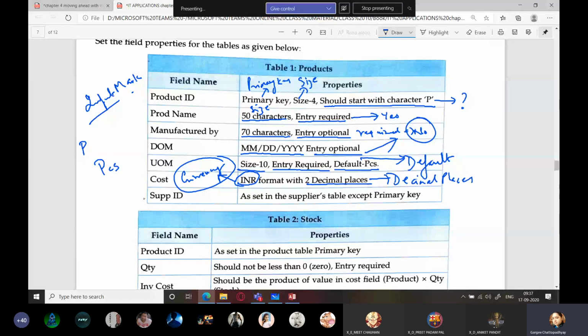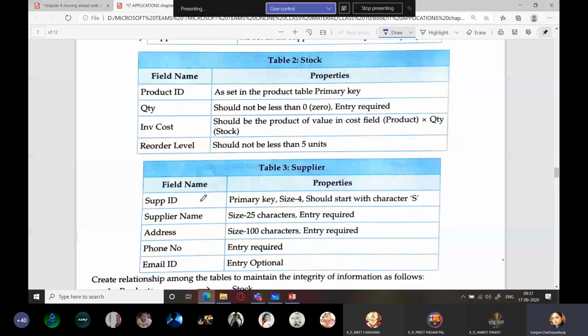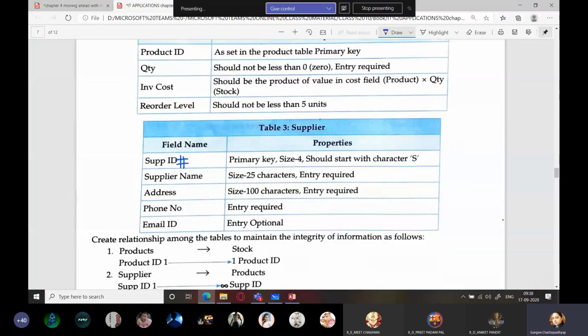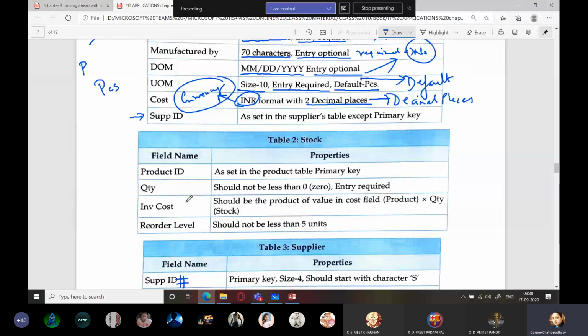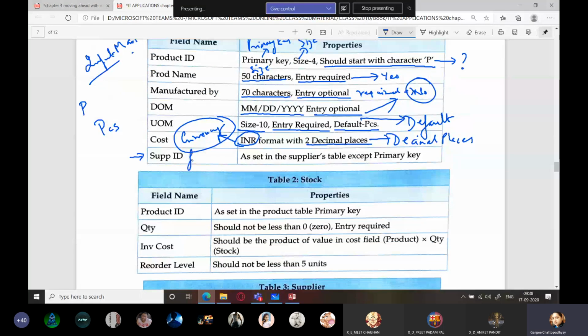Next is supplier ID. Now tell me one thing, we are getting supplier ID over here, right? Somewhere it has come, supplier ID, means it is the primary key within which table? Supplier table. So in this table what is it? Foreign key. Very good. Foreign key. It is the foreign key within this table.